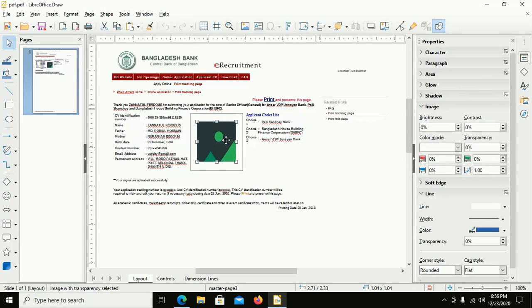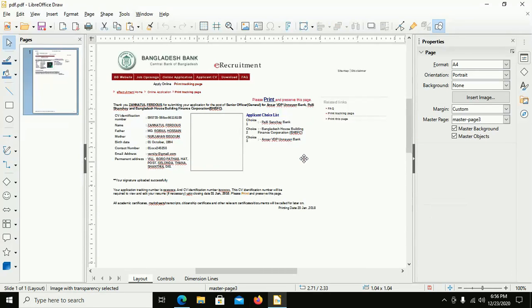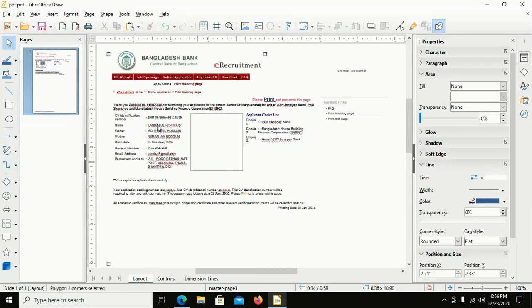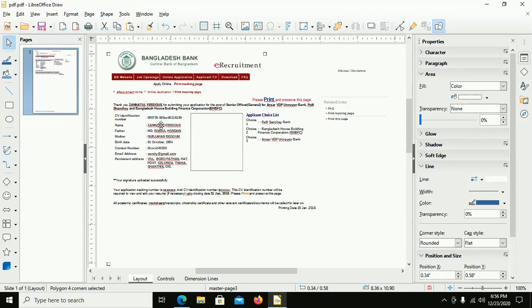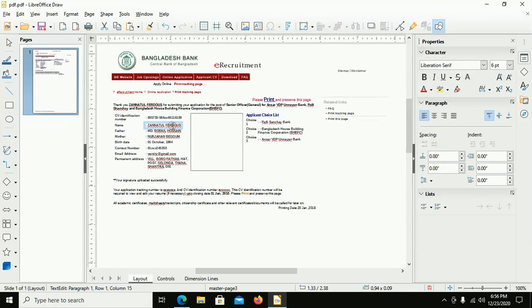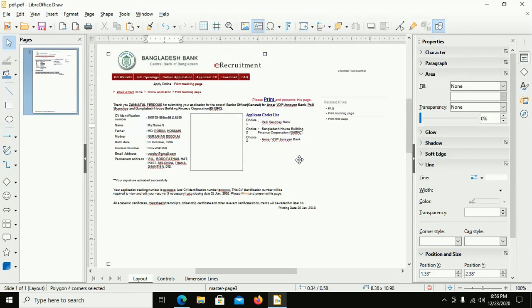Okay, you can remove an image from your PDF file. Delete this and change this name. My name. Okay, now